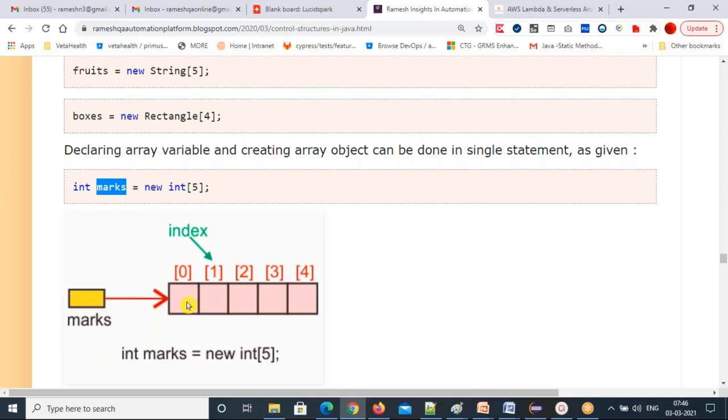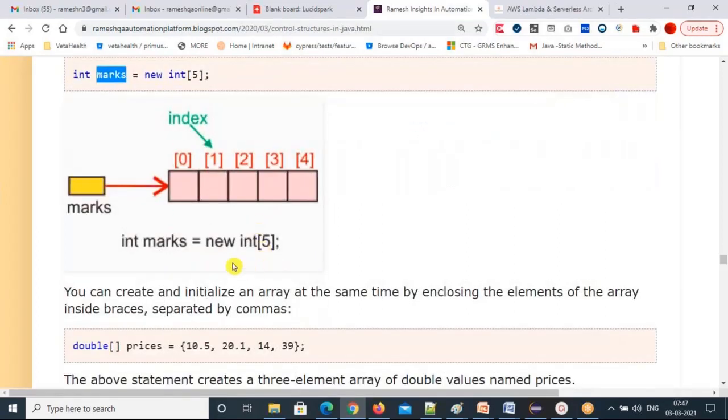First marks will always be in the 0 index. Second marks in the 1 index. Third marks in the 2 index. Fourth marks will be in the 3 index. Fifth marks will be in the 4th index. The pointer is going to point to these indexes. Based on the index you can access.